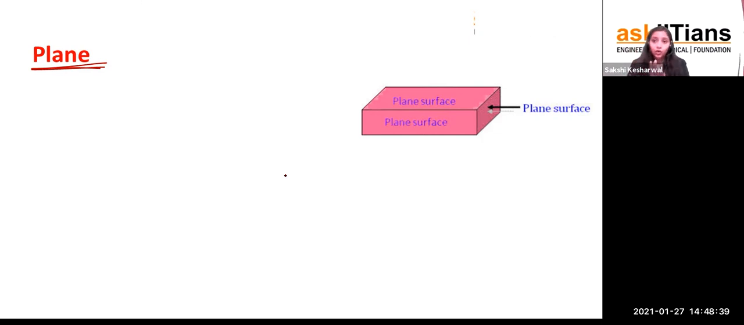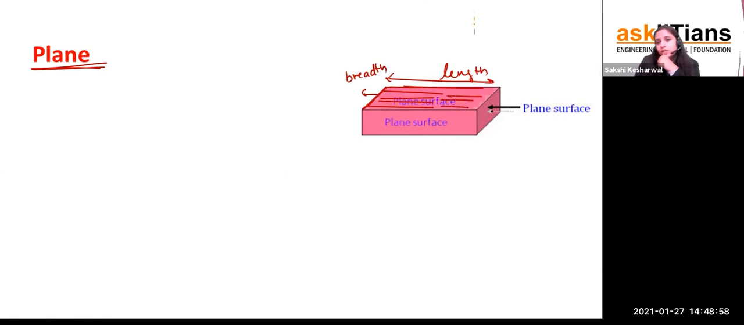A plane or not? Yes, it has a length. It has a breadth. Length means what? This is the length, this one is your length, right? And can I say that this one is your breadth? Right or not? This one is your breadth. So can you see that this is a flat surface? You see that this is a flat surface, this is a flat surface, this is a flat